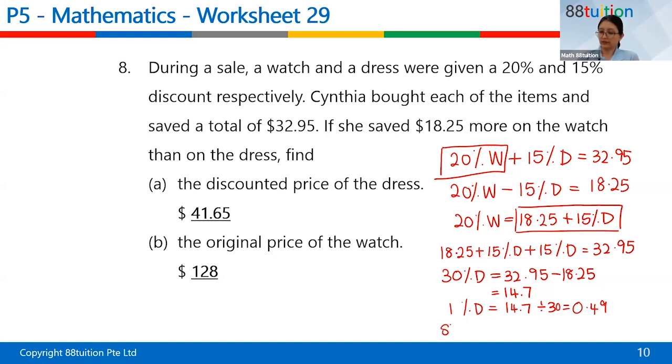So you'll find 85. And that's how you get the answer. Right? Okay. The original price of the watch, which is 100% of W. We can find